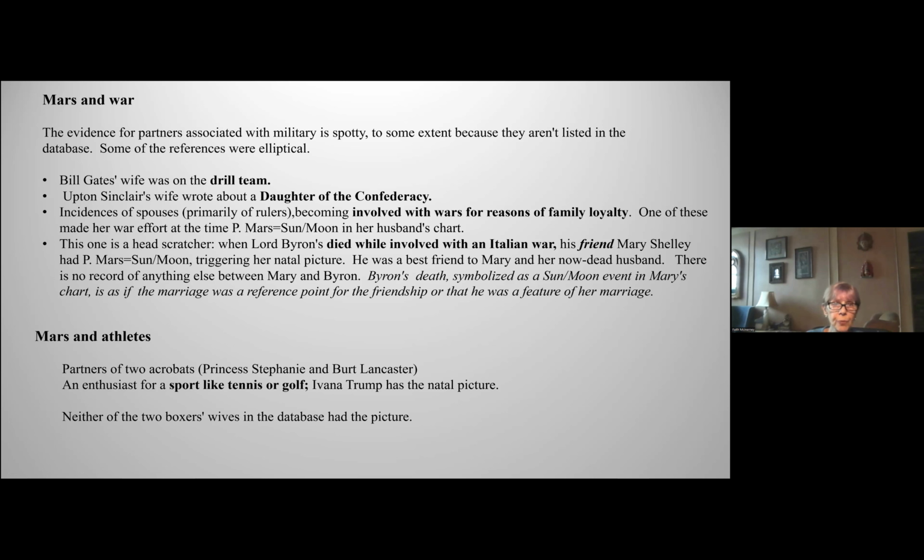So, in terms of probability for Mars on the Sun Moon midpoint, you're going to go back to the first page of delineations and go for the active assistant or the tempestuous relationship or the boisterous partner, much more likely than the war or the